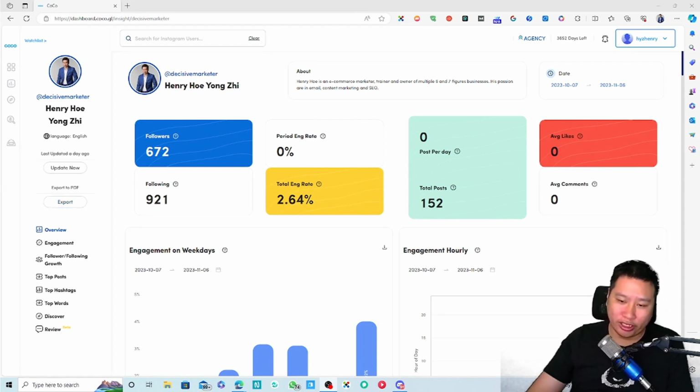So pretty much that's all I have about CoCo right here. I think overall, as an agency tool for looking into competitors, it is very useful. Maybe in terms of the influencer part, that may take some time, and then I think the AI tool helps you out as well. Okay, yeah. So overall, I think this is still quite a very useful tool. The UI design of it is brilliant as well. So at least the report comes out, it's still eye catching to your clients. So that's all I have to share about CoCo.